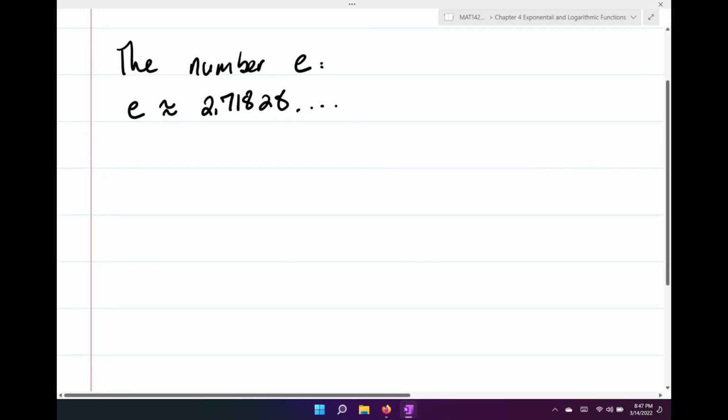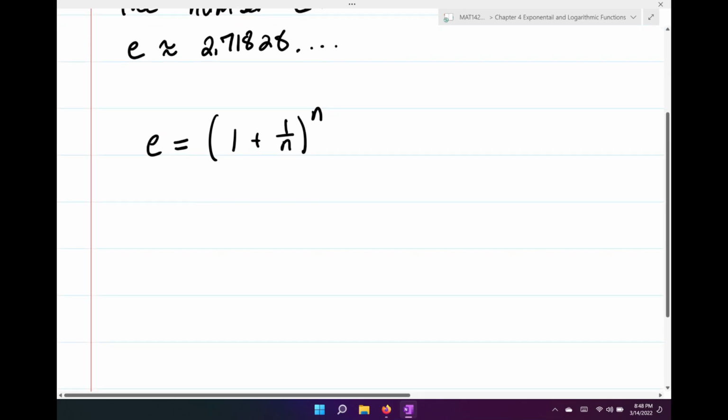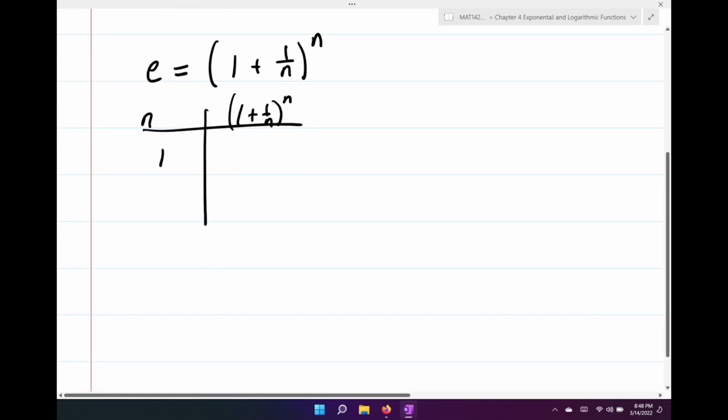So e, by definition, is equal to 1 plus 1 over n, all raised to the n power. Let me write that a little cleaner here. If you let n get larger and larger, let's do a little table here: 1 plus 1 over n, all raised to the n. If we let n equal 1, we get 2. If we let n equal 10, we're going to get